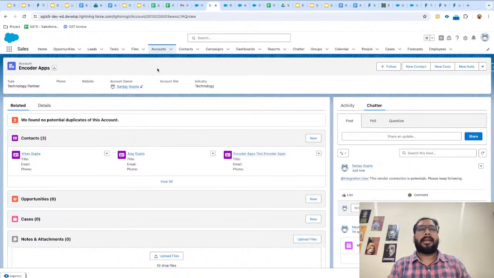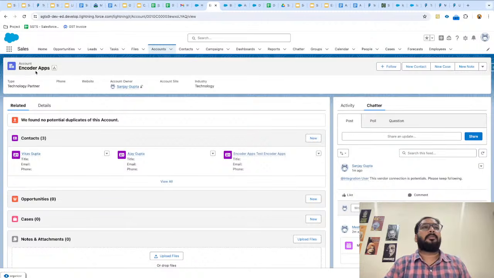Okay, so let's say I have my own company SGTS, and under that I have different organizations, like one for Salesforce, one for AI, one for data. So if I create individual accounts for those subordinate companies, those individual accounts I can relate with one parent account. Okay, so I'm going to give you some demonstration.